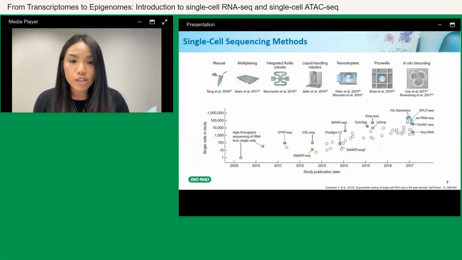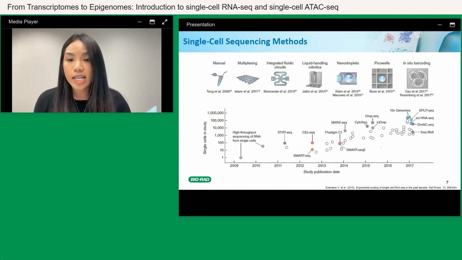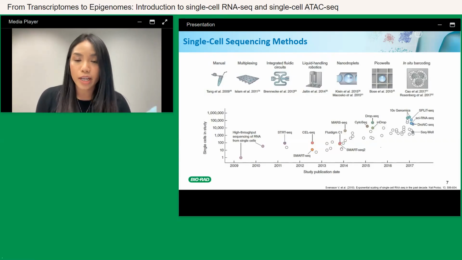With the advancement also of all of these single-cell sequencing technologies, various methods were also developed. The first ever single-cell sequencing paper in 2009 that I mentioned previously is the one on the very left, where it was done manually and in exactly one cell. Now, I'm not going to go through each of these methods, but some of the most commonly used ones are